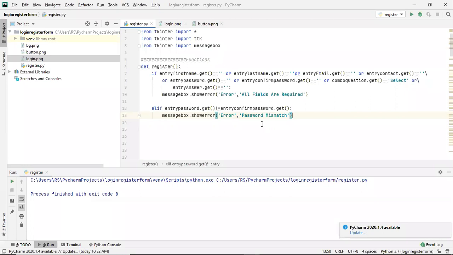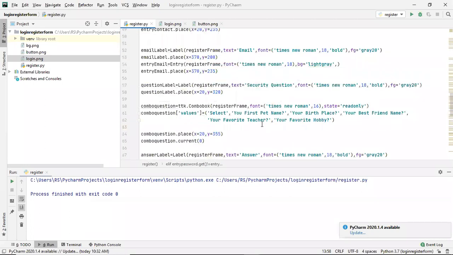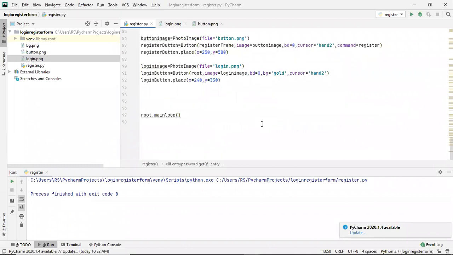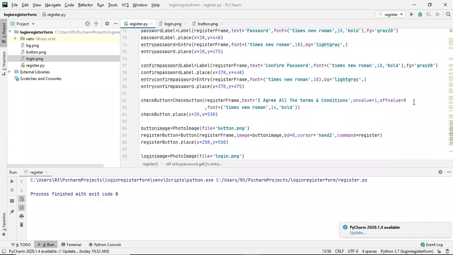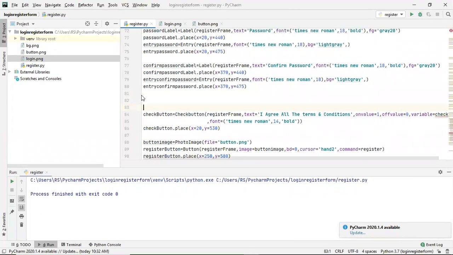So before doing its coding, we will be creating a variable for this. I told you that I'll be explaining why we are using on value and off value in this check button, right? This on value represents that you have checked the button. So when you check it, it means the on value. If you uncheck it, it means the off value. So I'm going to create a variable here, check equals to int variable.